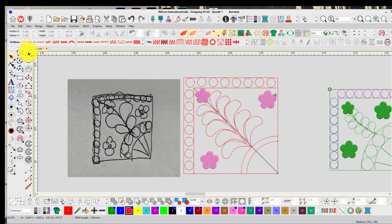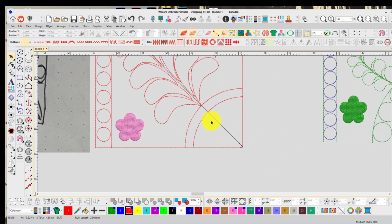Now what you could do to line stuff up is draw a line from corner to corner and line up the flowers on that so that they look perfectly lined up, and that makes a big difference. That is pretty close. And then I'm going to go ahead and delete that one line right there. There we go. So now this looks pretty good. I'm going to leave that template line there because we also have some lines in here to create